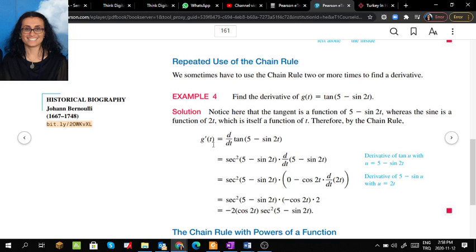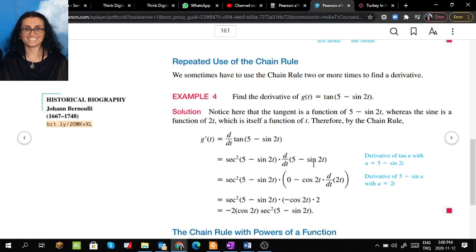Let's apply it now for the first time. g prime is equal to the derivative of tangent of 5 minus sine 2t. The derivative of the outside function is secant squared, and keep the inside function as it is, times the derivative of the inside function. Now this function has, of course, sine 2t in it, so it's a composition of sine and 2t. So we are going to apply the chain rule here again. The derivative of 5 is 0, and here the derivative of the constant 5 is again 0, as I told you,